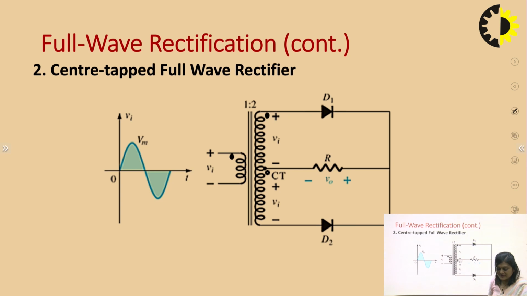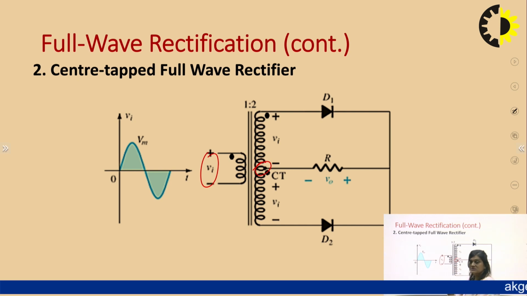So in the center tap rectifier we are using 2 diodes here. There is a center tapping point here, and we are giving the Vi voltage here. The center tapping point is such that the Vi voltage is developing here and here. Like in the positive half cycle, we are giving Vm voltage, so this becomes Vm plus minus, and this becomes Vm plus minus.